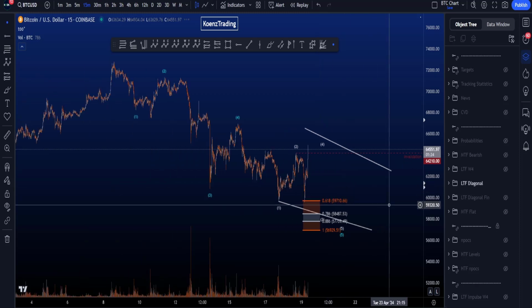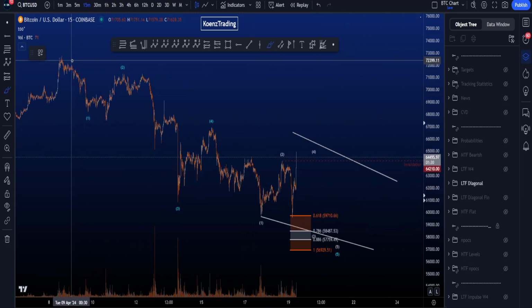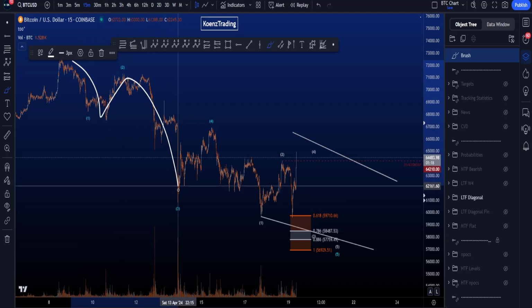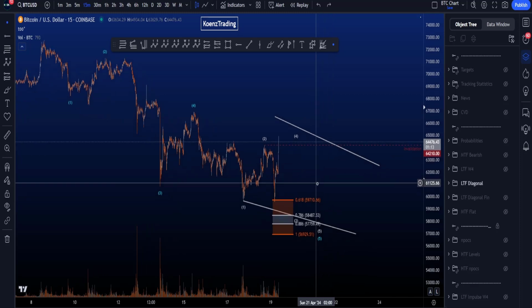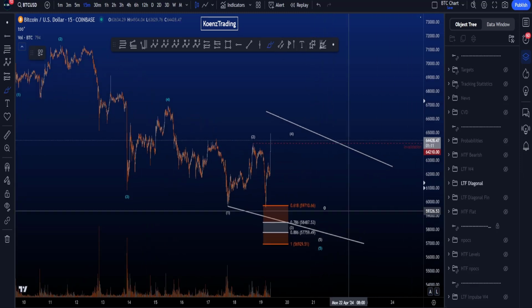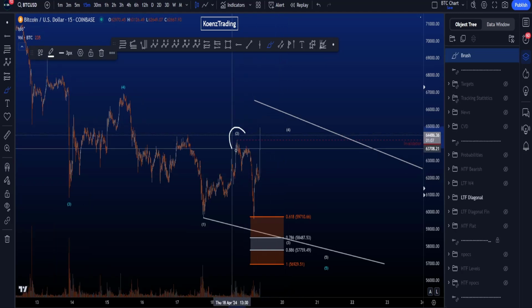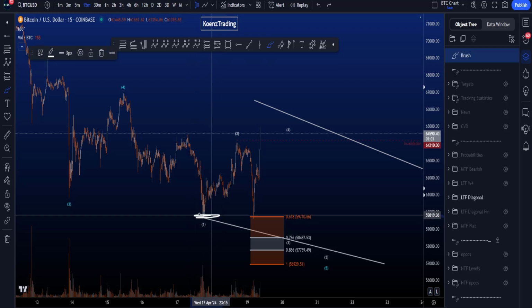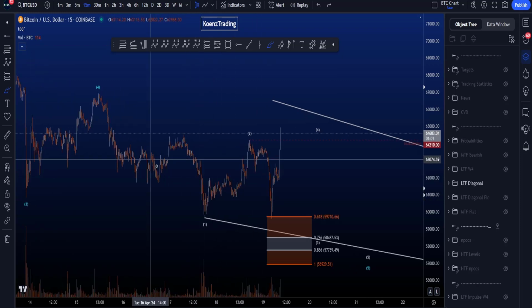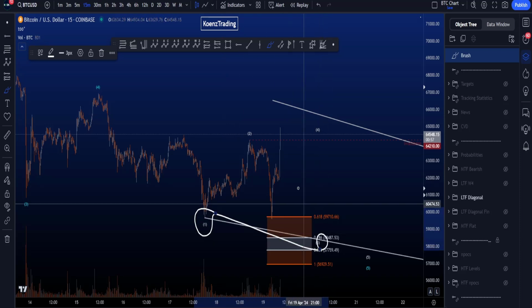Now this diagonal here is now invalidated, but I do like to say why. So here we have a wave 1, 2, 3, 4, and then we are looking for a wave 5 to the downside, with wave 5 by itself being a diagonal. The reason it is invalidated is that price has now moved above this wave 2 after moving below wave 1, and that is not allowed. The moment you go below wave 1, it has to be a wave 3, and therefore